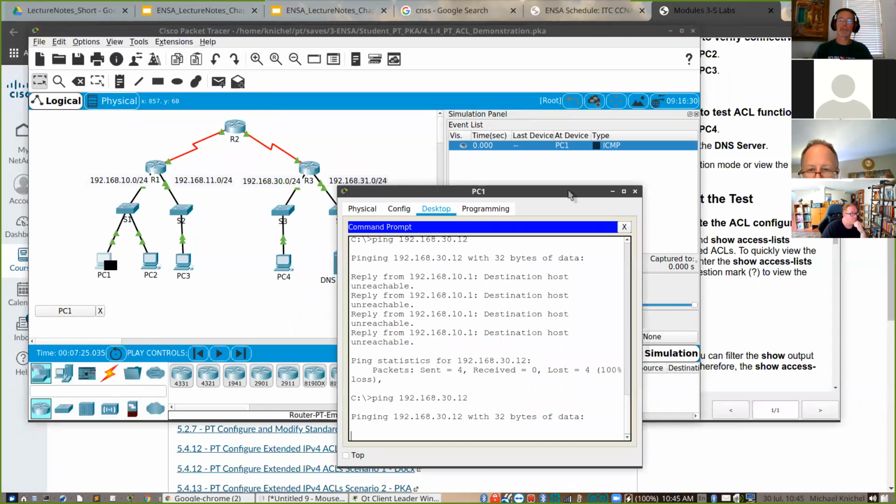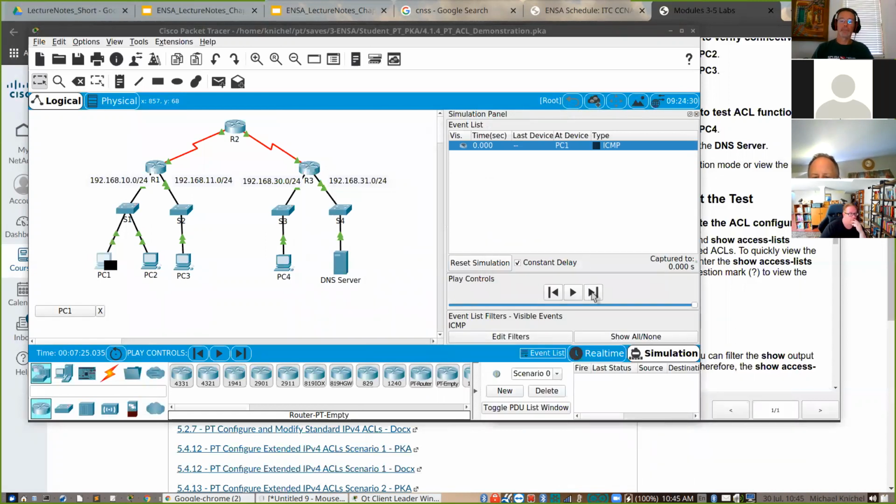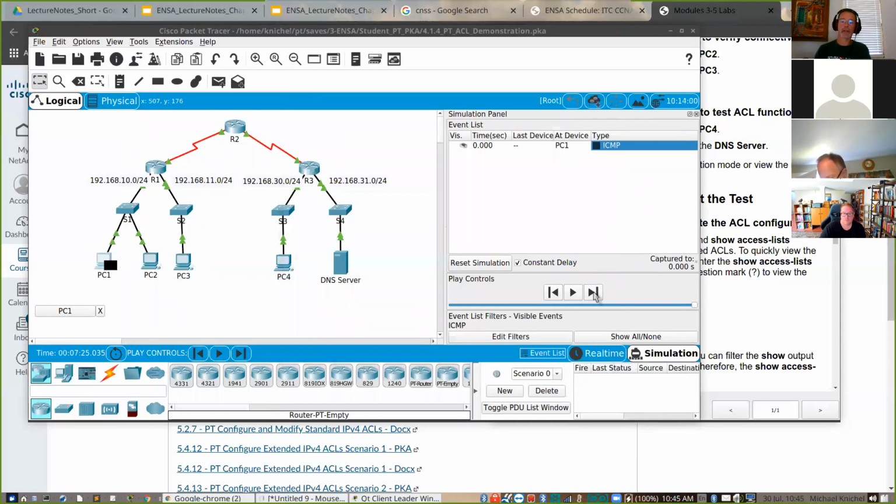It puts one ICMP message. I'm going to move this out of the view because I'm just going to step through this. So the ping generated, right? It's on the outbound interface of the FastEthernet port on PC1. Here's the MAC address, source and destination, right? The destination MAC address is going to be the MAC address of my gateway. Source MAC address, destination MAC address aren't going to change. This is an ICMP message of type 8. 8 is echo request. The echo reply is a different type, which we'll see when we get there.